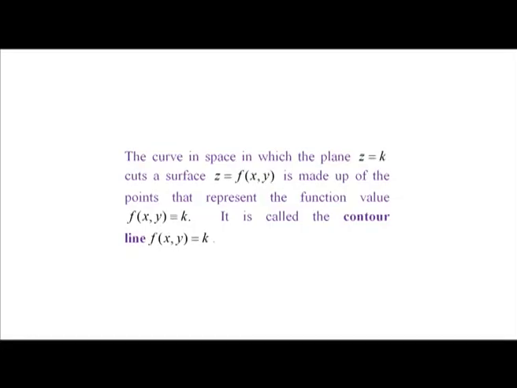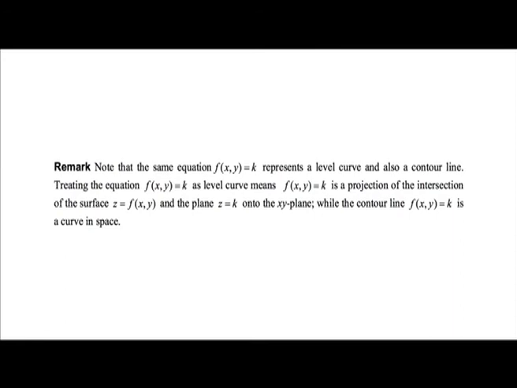The curve in space in which the plane z is equal to k cuts the surface z is equal to f of x y is made up of the points that represent the function values f of x y is equal to k. It is called the contour line f of x y is equal to k. We remark that the same equation f of x y is equal to k represents a level curve and also a contour line. Treating the equation f of x y is equal to k as level curve means f of x y is equal to k is a projection